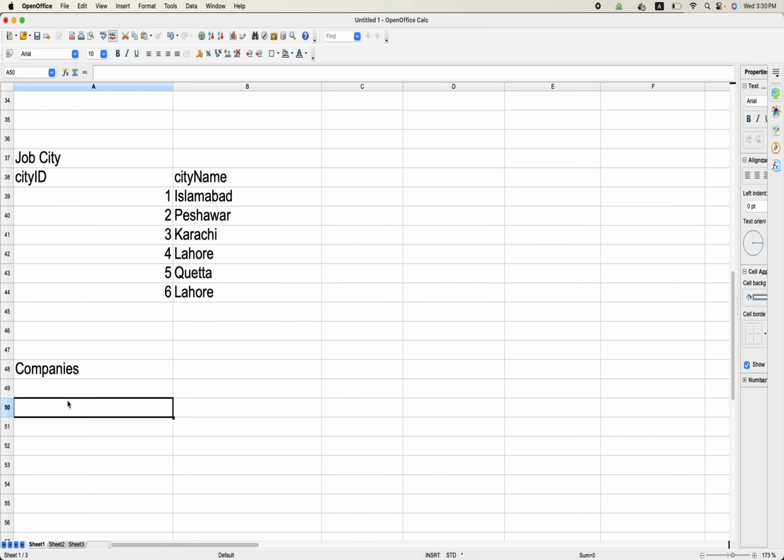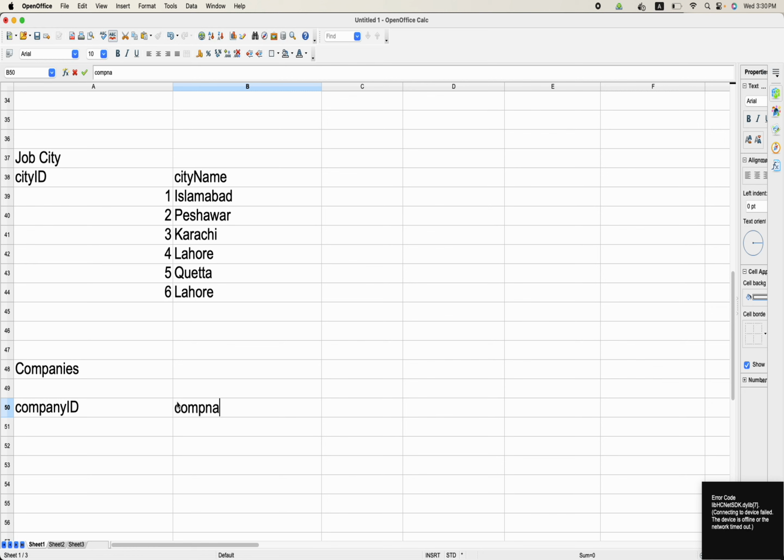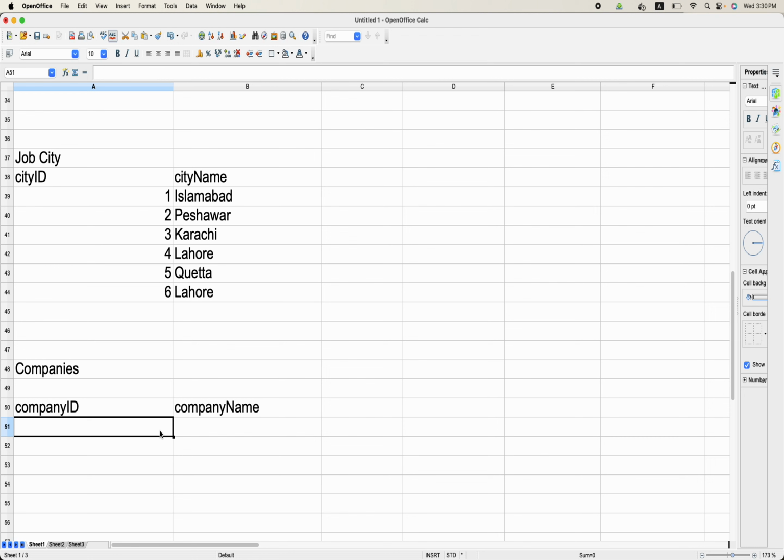Okay, so it will have 2 columns also, company ID and company name. Okay, two columns. So company ID one is, say for example, Zong. The second is Telenor. Third is PTCL. Fourth is say Lever Brothers or whatever. It will have another column of last date, like every company has its own last date